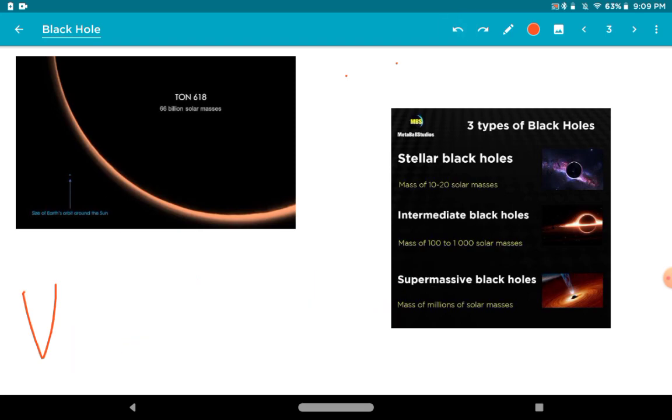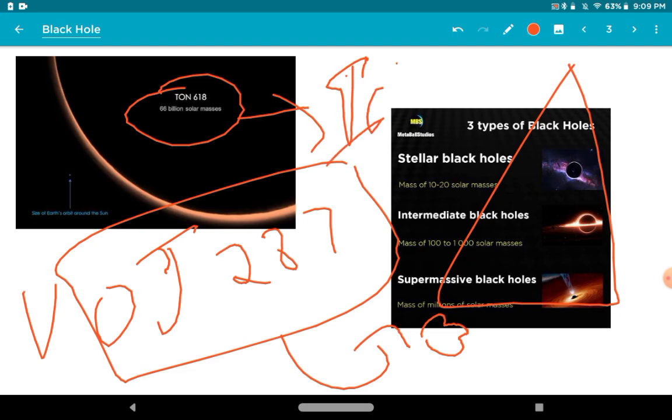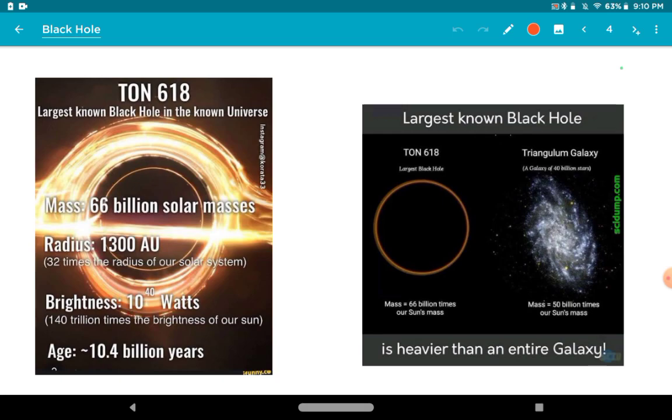अभी जो हमने गैलेक्सी OJ287 वाले की बात करी थी, वो इससे लगभग ऐसा है जैसे माउंट एवरेस्ट के सामने एक चींटी को रखेंगे, इतना छोटा है। TON 618 इतना बड़ा है। और ये तो 10 बिलियन साल पहले की फोटो से अंदाजा लगाया है। मतलब 10 बिलियन ईयर्स ओल्ड फोटो से हम ये अंदाजा लगा रहे हैं। तो अब तक तो कितना साइज में बढ़ गया होगा।